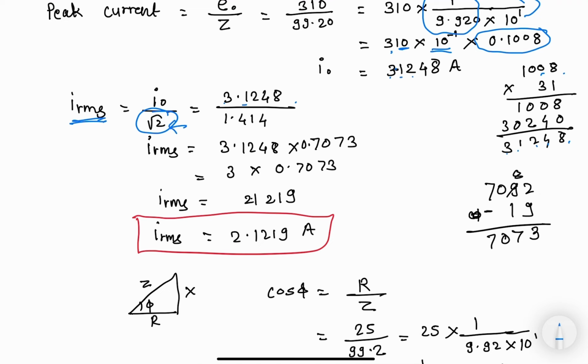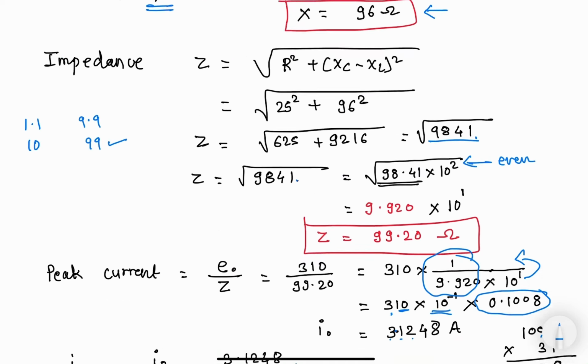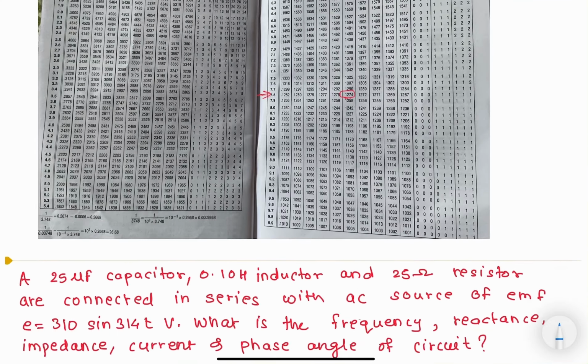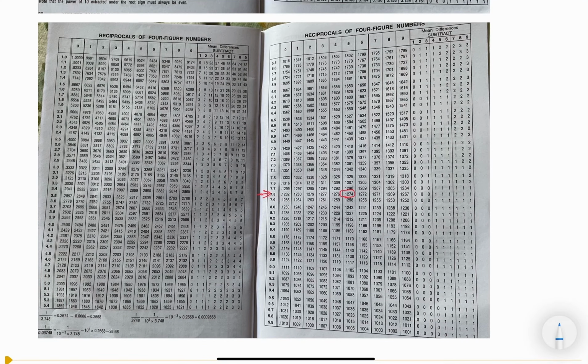Root 2 is 1.414. So again same procedure. This is already in standard format. So this is 3.1248 and reciprocal of 1.414 is 0.7073. So you have to check again 1.4 in the reciprocal chart. 1.41, its answer is 0.7092 plus for the 4th digit, 414, 4 number is